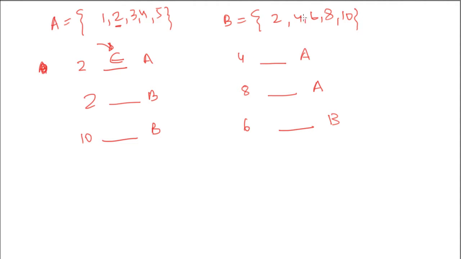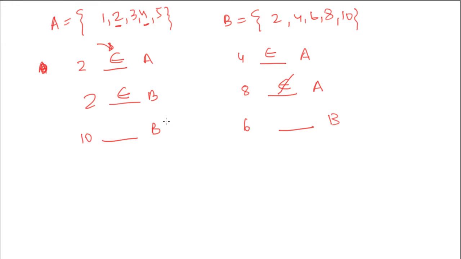Element 4 belongs to A. Yes, element 4 is also part of A. So I will write down element 4 belongs to A. Element 2 belongs to B? Yes, element 2 belongs to B. Element 8 belongs to A? No, there is no element 8 in this set. So I would write down